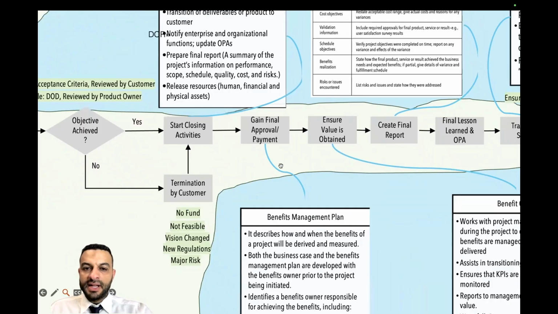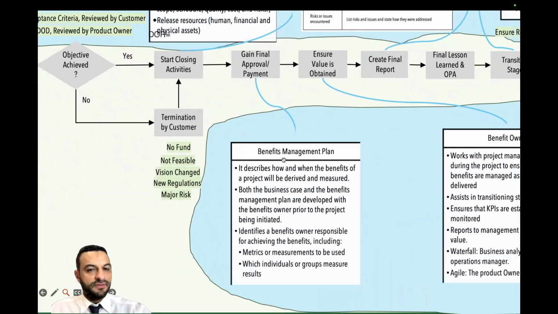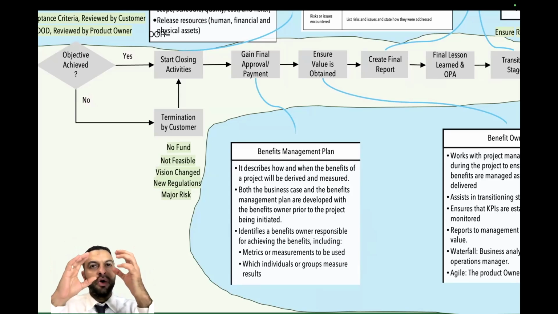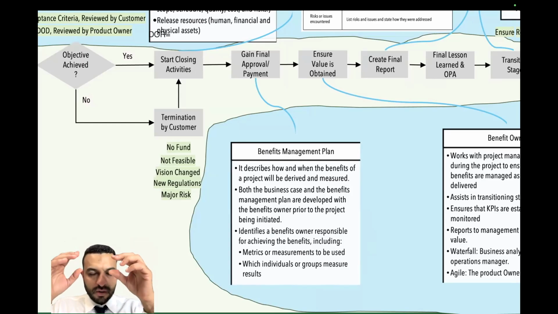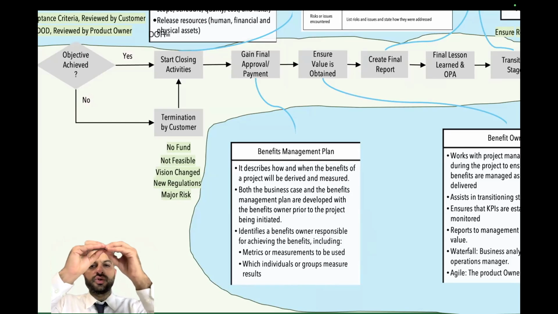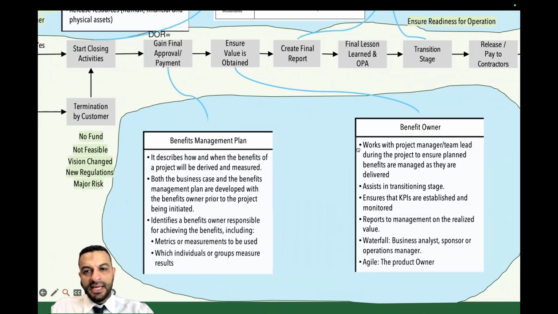Then, again, a final approval based on what? Based on the objective. Where did you write it? In the project charter. Where do you get it from? From the business case and benefit management plan document. So again, you connect the closure with the initiation, because the whole project is created for one objective, or a group of objectives. Now you need to make sure it's connected again, and this will be reviewed by